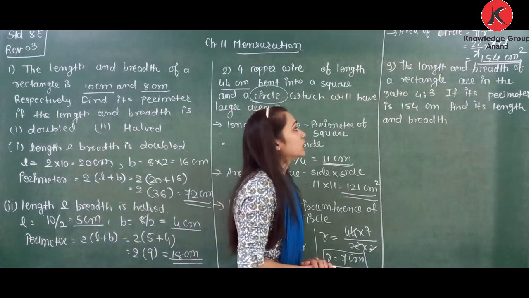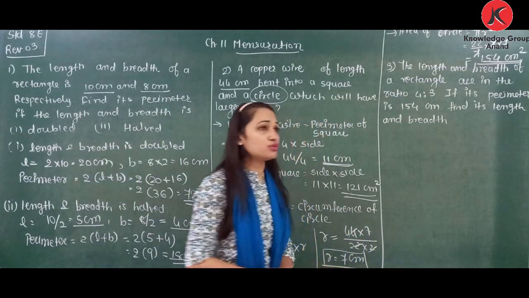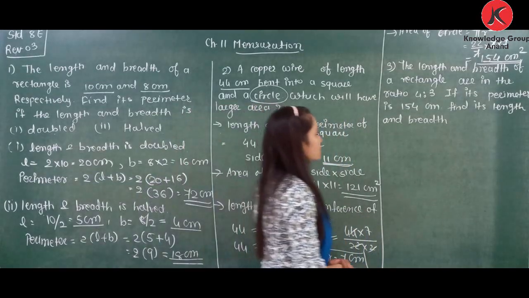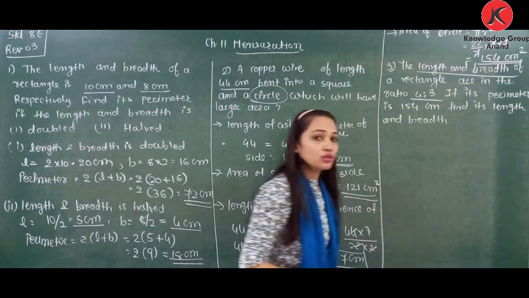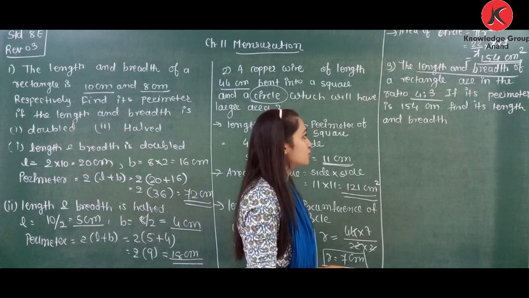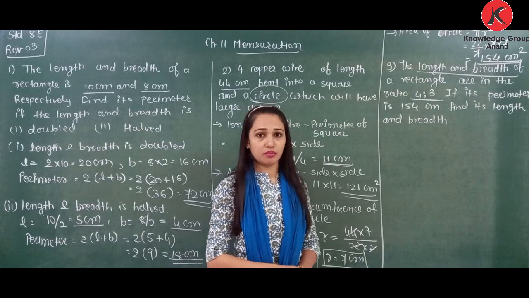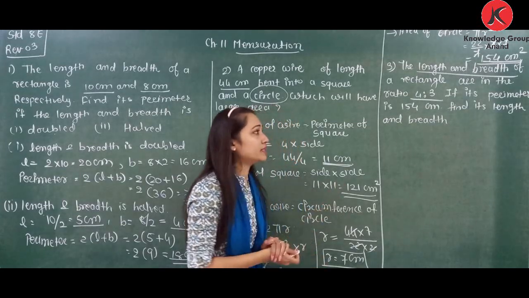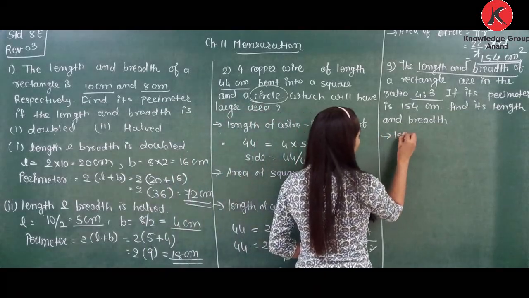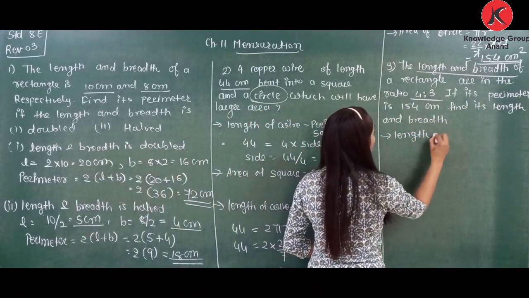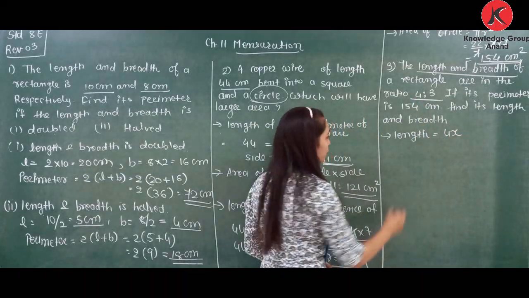Now next, the length and breadth of a rectangle are in a ratio 4:3. So here what is the question? Ratio is given. Length and breadth of the rectangle are in a ratio 4:3. If its perimeter is 154 centimeter, find its length and breadth. Now this is an example like the one we solved in chapter number 2. So we can consider length is equal to 4x. When ratio is given, we can take it as 4x, and breadth,